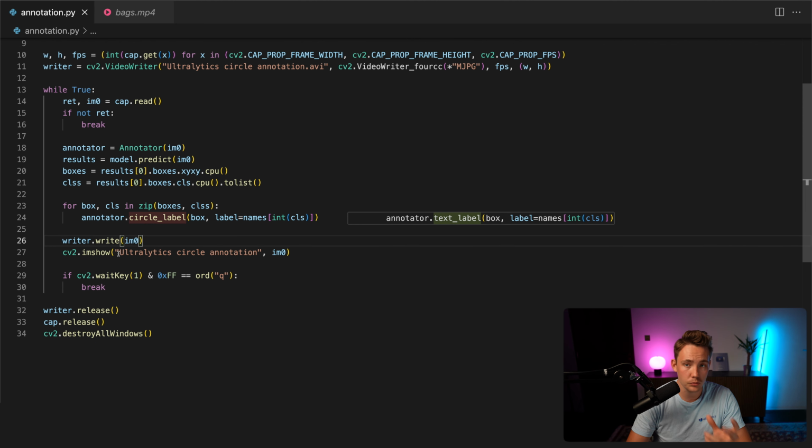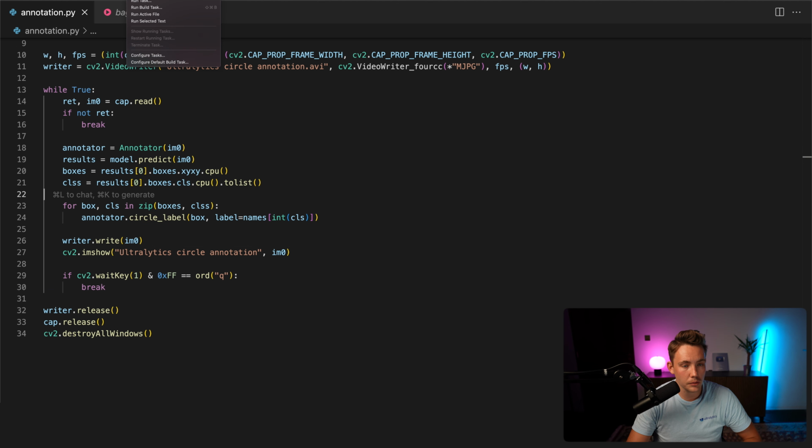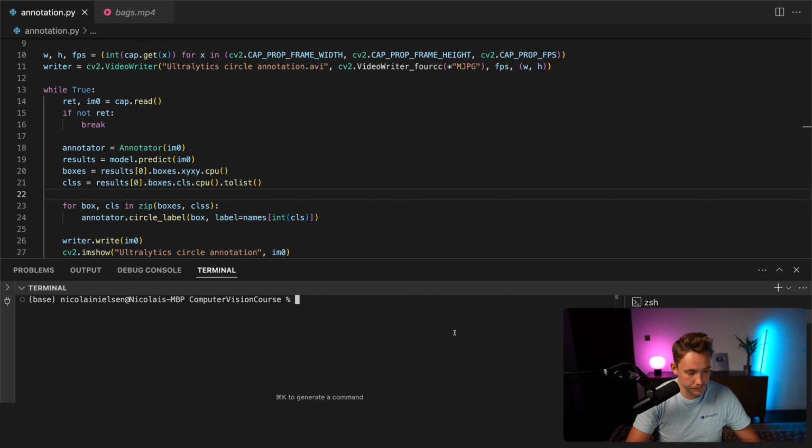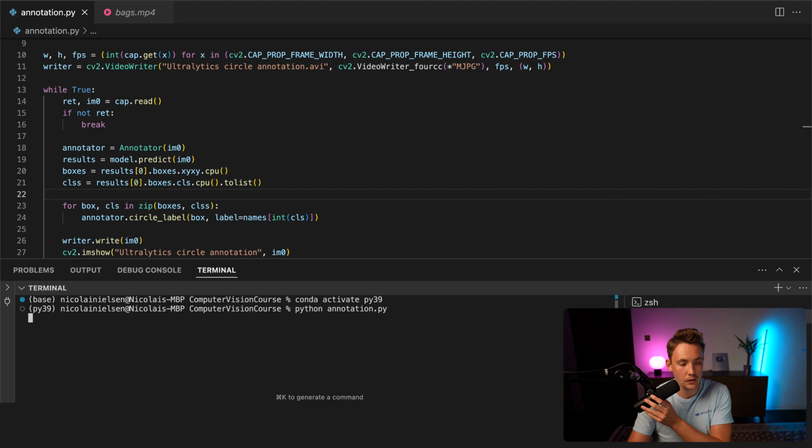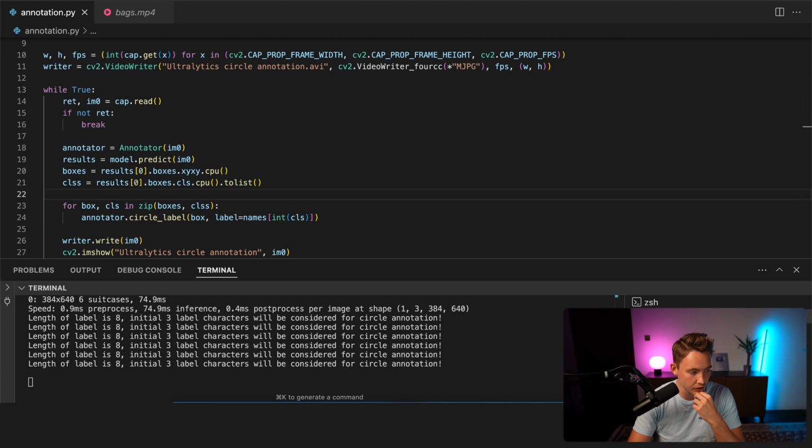We're going to show the image, we're going to write it to a video file, and that's pretty much it. So now let's open up a terminal and actually run the program. I'm going to activate my conda environment. There we go. And we can run this Python file, annotation.py. I'm just going to run it here, should open up our window and we should be able to see our